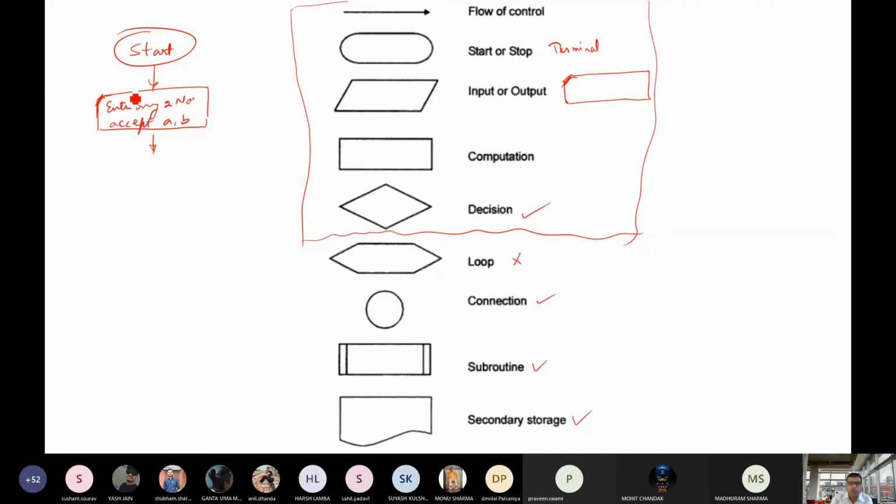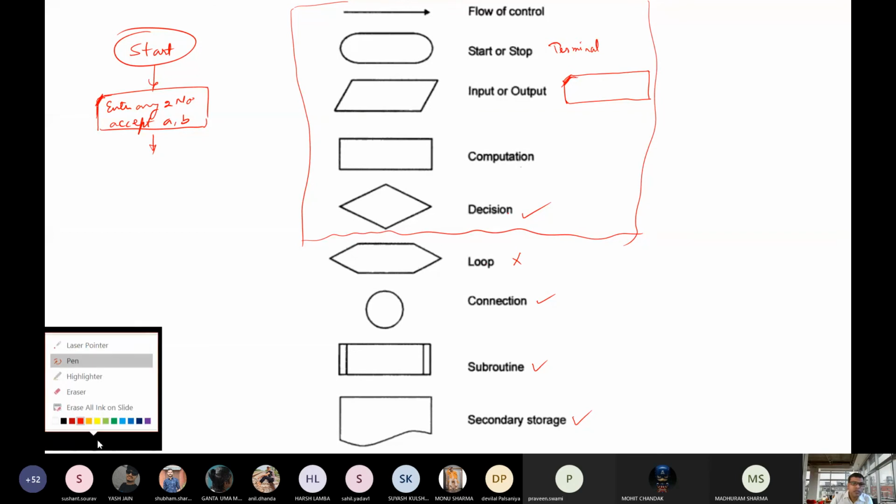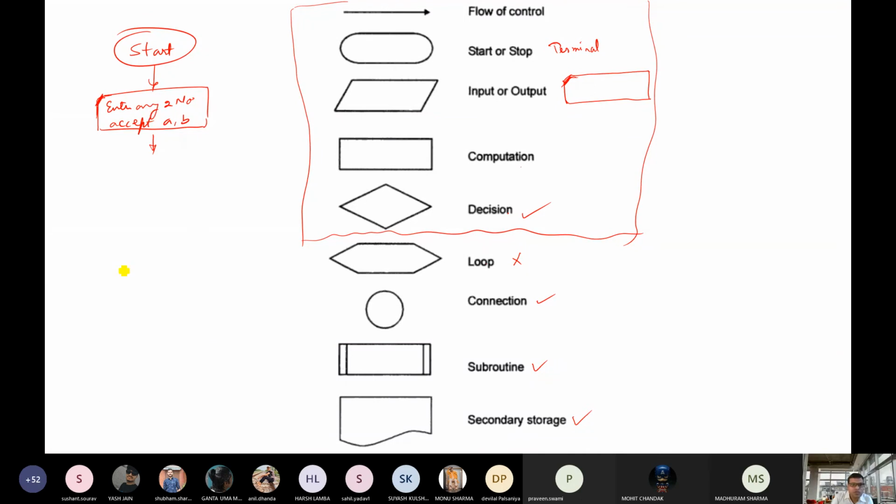Input output box. Instead of this you can also use the rhombus box. Let me use it with a different color. So instead of using this box, you can use this box also.